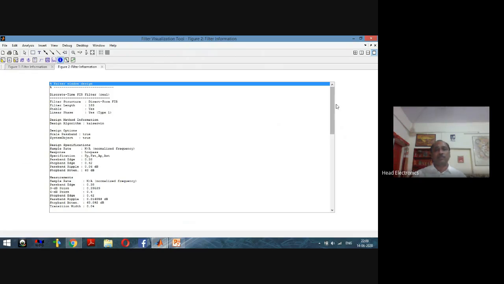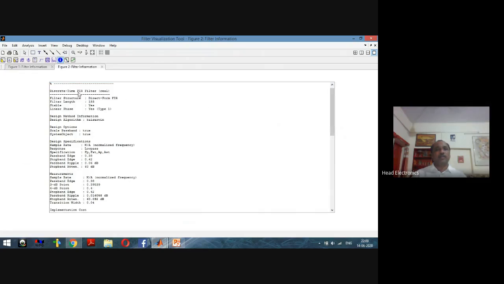Now, if we see carefully, we will find that it is a discrete-time FIR filter, and the filter length is 183. If the filter length is 183, it means the order of the filter is 182. The filter is stable, linear phase exists, of type 1, and the design algorithm we have used is the Kaiser window.